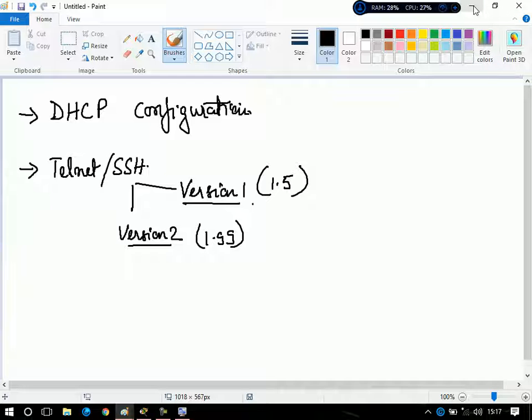So with this thing you have understood exactly. Now DHCP is basically going to provide the IP addresses to the end host. Later on we will also be doing one more practical, that is